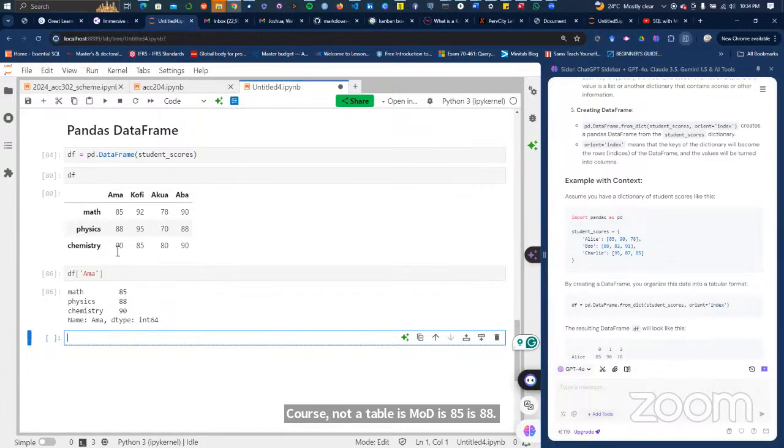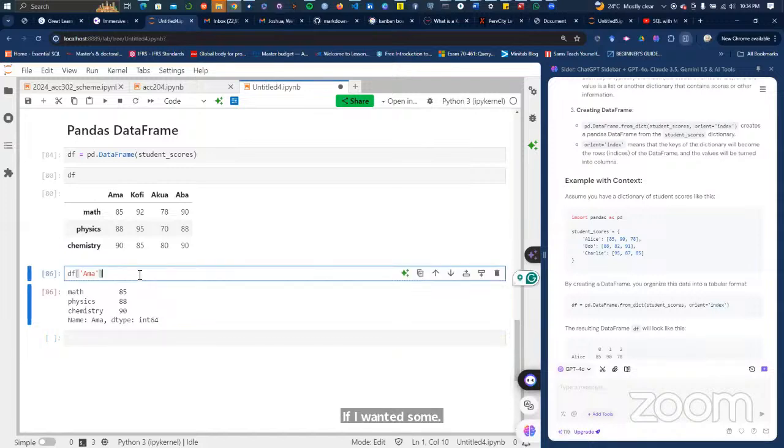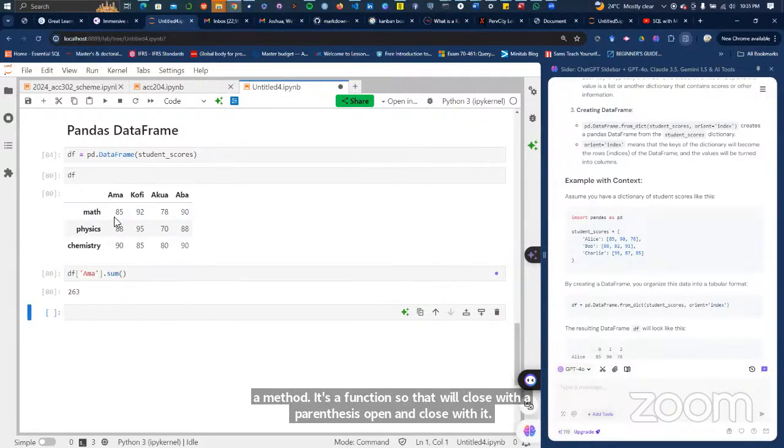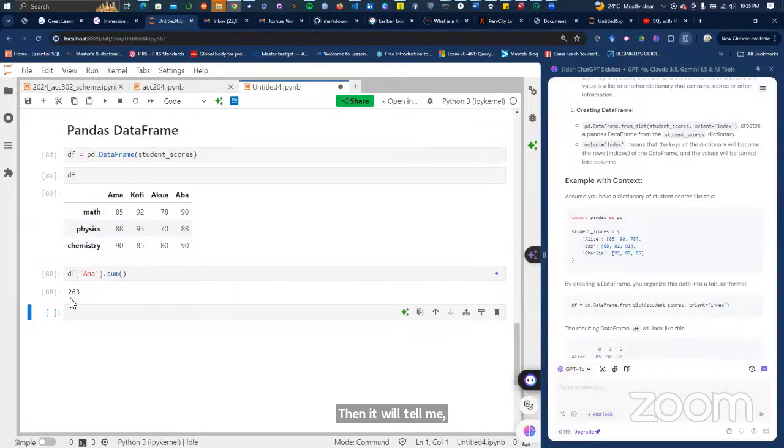If I want to sum all the scores across the 3 courses, I just need to say dot sum. It's a method, a function, so sum will be followed by open and close parentheses. Then it will tell me the sum of MS scores across the 3 courses is 265.